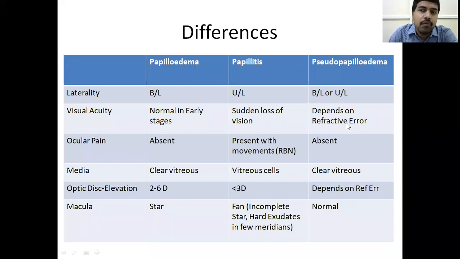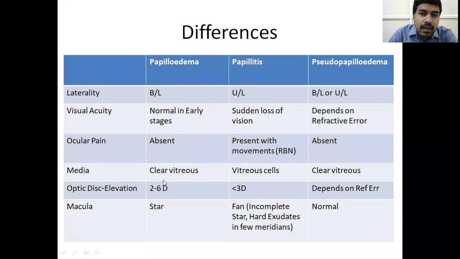In high hypermetropia, the eyeball is very small. In a small eyeball, the disc looks very edematous because of the structure of the eyeball. It is a structural anomaly. So if the disc appears swollen because of high hypermetropia, then depending on the refractive error, there will be loss of vision. Ocular pain is absent in papilledema, but in papillitis, like optic neuritis or retrobulbar neuritis especially, I told you the medial rectus and superior rectus muscle fibers are inserted into the meningeal sheaths. So on adduction and elevation, there is some pain. And in pseudopapilledema, there is no ocular pain.